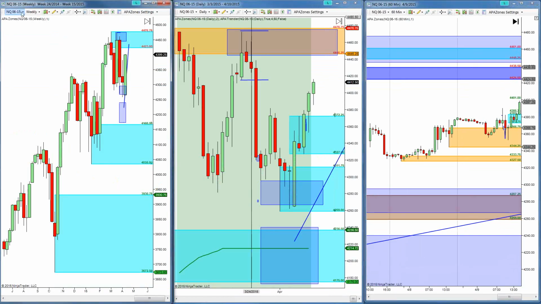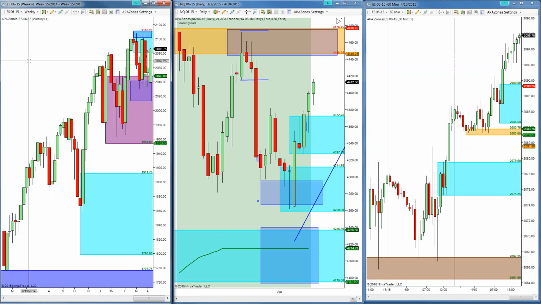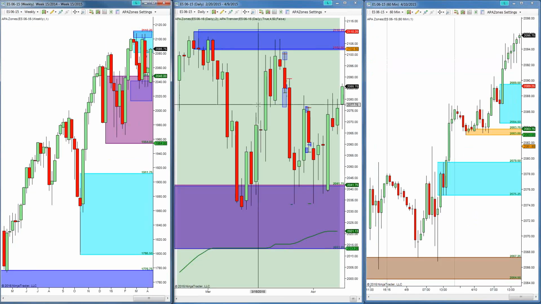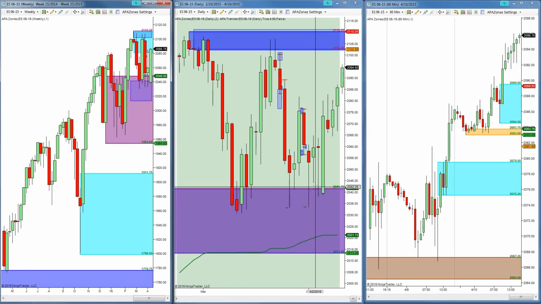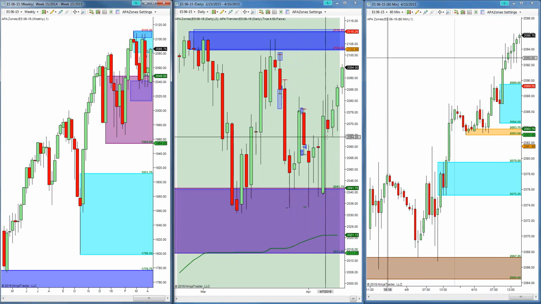So if we go to NQ, or ES, I'm sorry, we'll see more or less the same thing, where price was consolidating. We called last week for this extreme of the range to act as support, and if you're at the bottom of the range and it's still ranging, well, you go long. And since then, yeah, we have seen a push up to the extreme, and